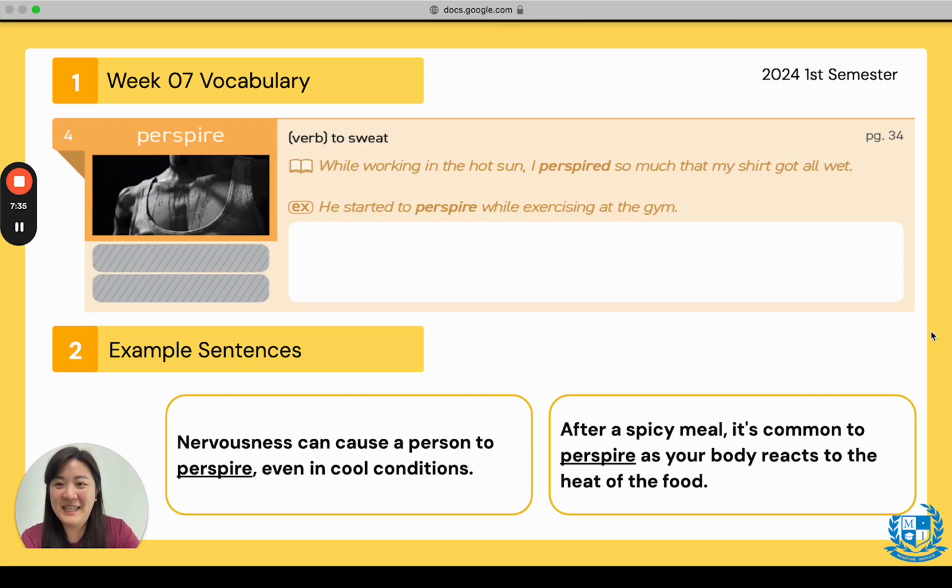Very good. Number 4. Everyone say perspire. Perspire. It means to sweat. It is a verb, and to sweat, you know, when you're running really hard, and then you have all of this water. Not water. It's called sweat. It's called perspire. When you're perspiring,